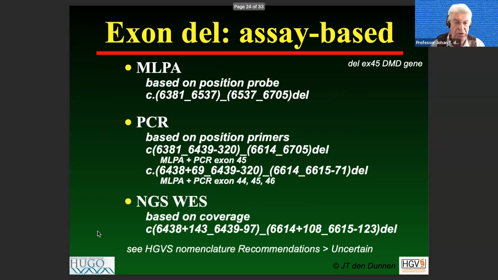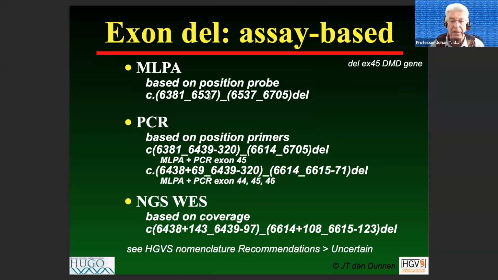So correct descriptions are shown here. HGVS has a specific page. It's mentioned at the bottom, the uncertain page, where you can find recommendations of how to describe these variants when you want to be more specific. As I said, an exon-based description of a deletion is accepted, but when you want to be more specific, for instance, when you did an MLPA, you can use a description based on the position of the probe. For the details, go to this uncertain page, and it is displayed,